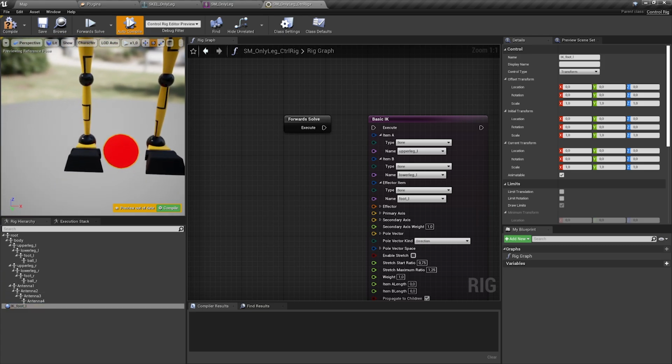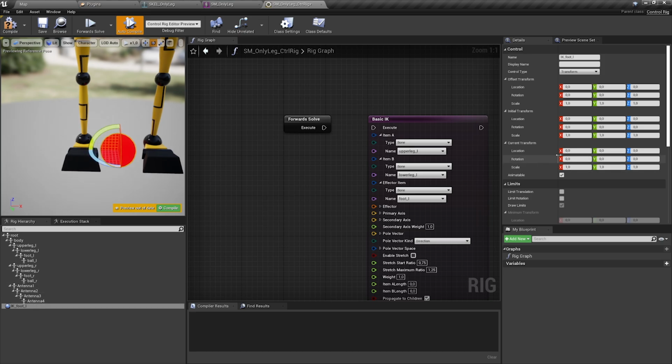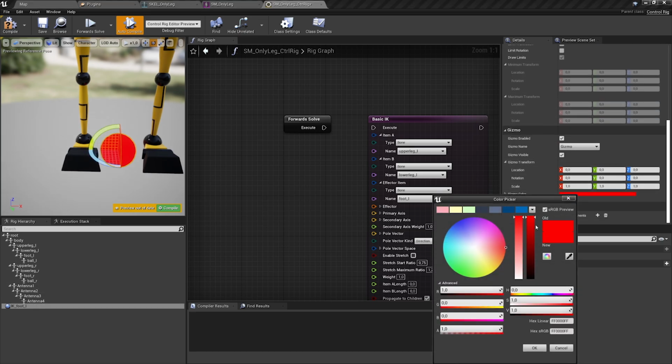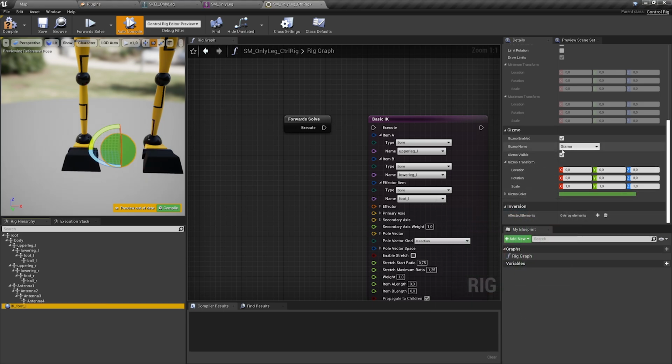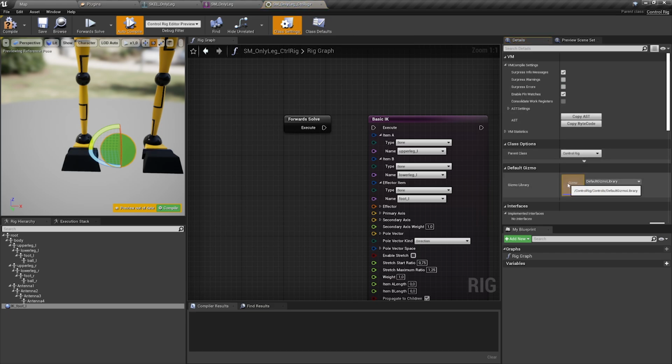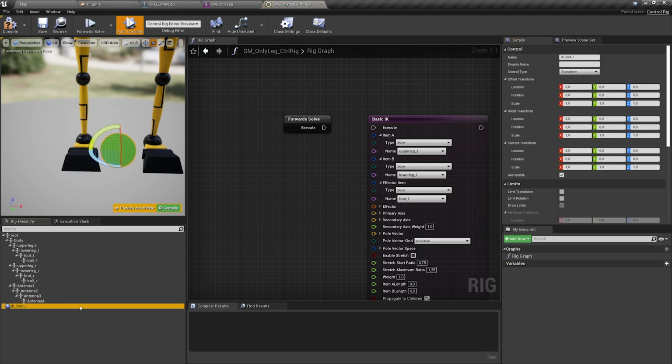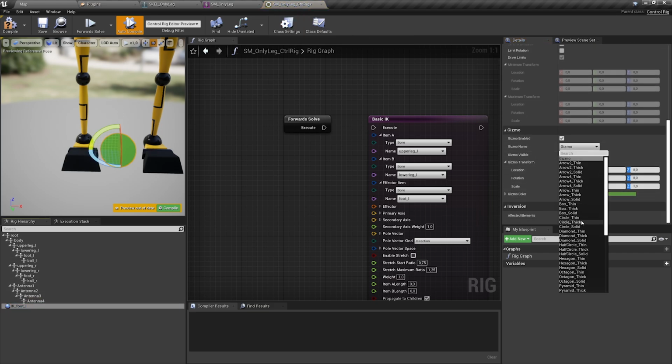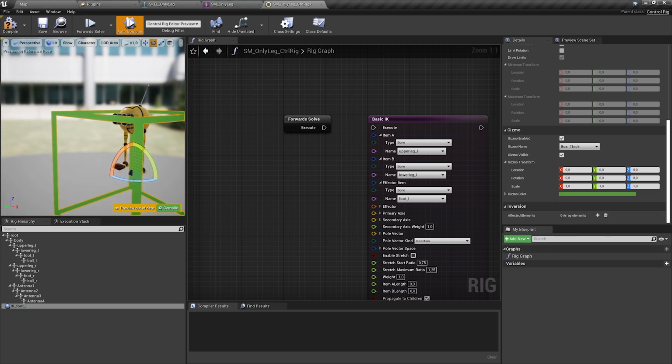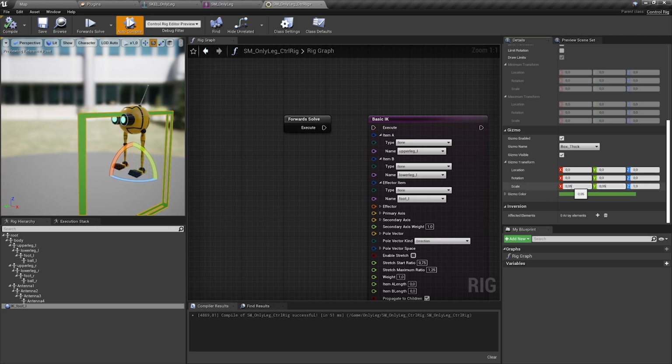Here it is. Currently it's just a ball. So let's outfit this. We can change the color here in the details panel, like a nice green. And then we also can give it a gizmo. Under class, you have a gizmo library, which comes with the engine, but you can make your own. For now, we will start with a box. I personally like boxes because they show you all 3 angles of rotation. So it's really nice to debug and to start with. Let's bring that to a size that fits our character, like this.